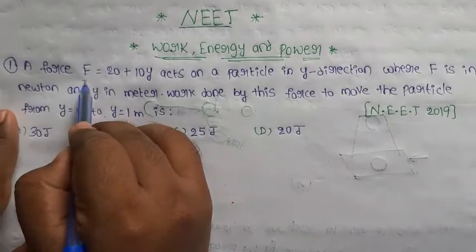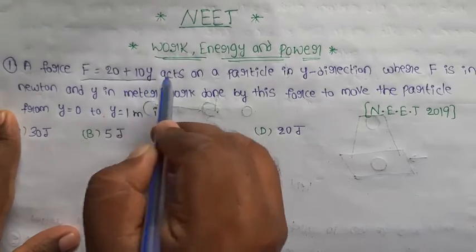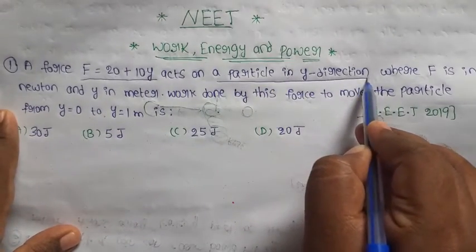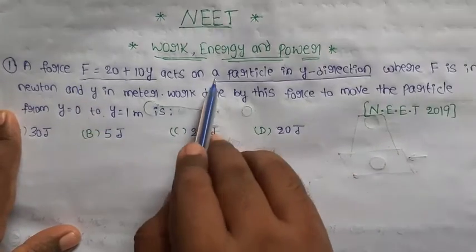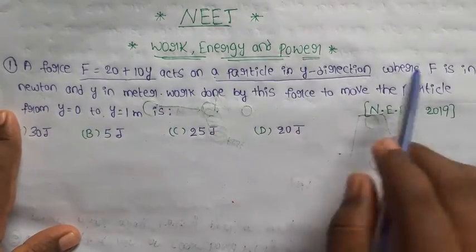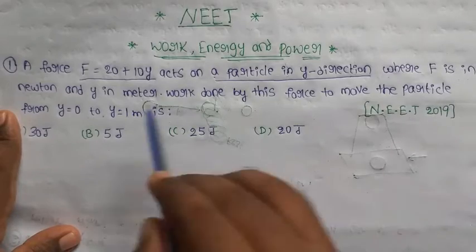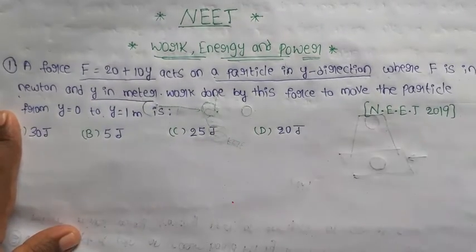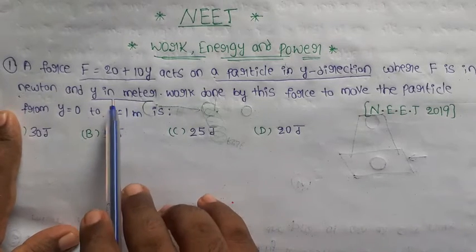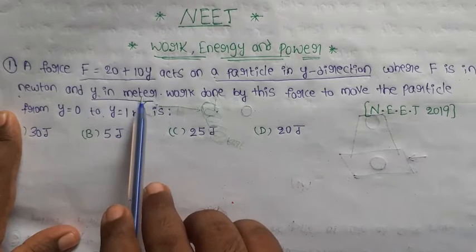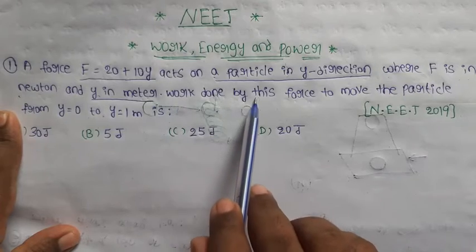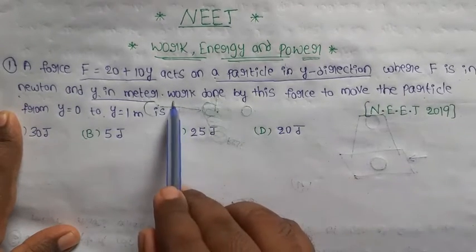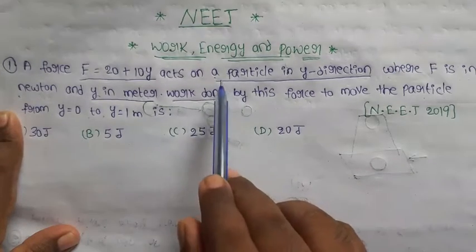A force F equal to 20 plus 10y acts on a particle in y direction. Here force is acting on a particle along the y direction, where F is in Newton and y is in meter. Y means displacement of the particle along the y axis. Units are meter. Work done by the force is to move the particle. We are going to find out the work done